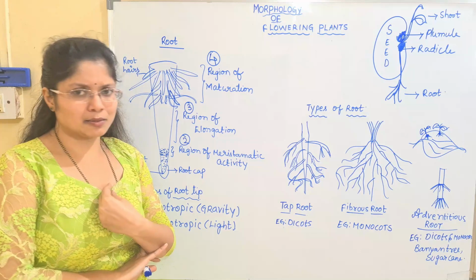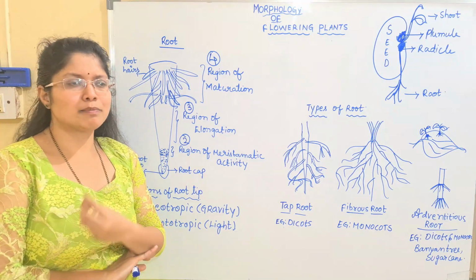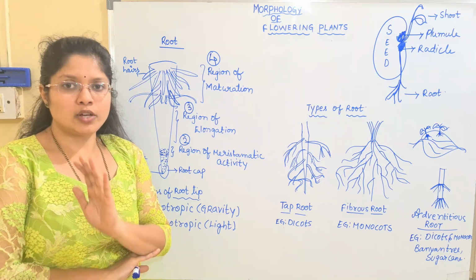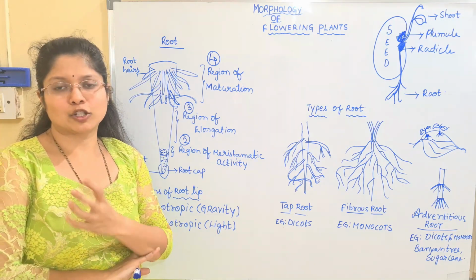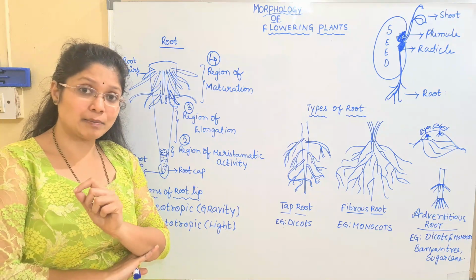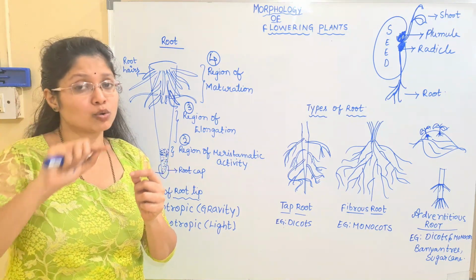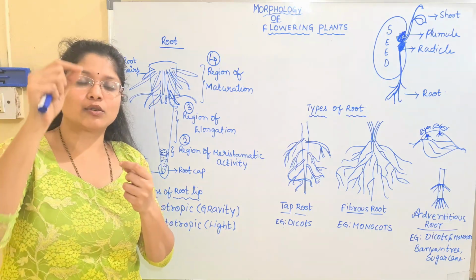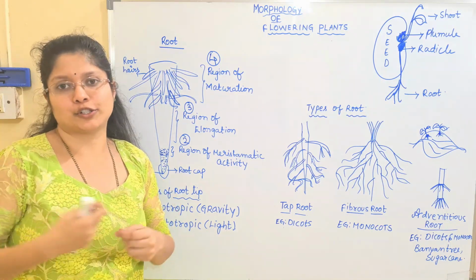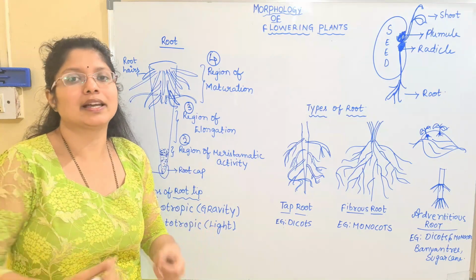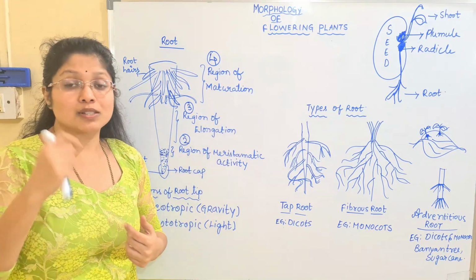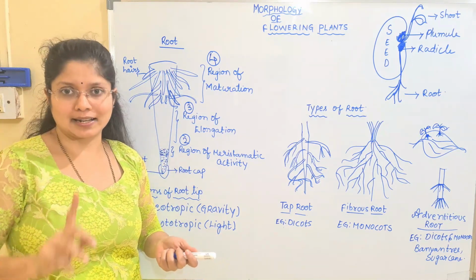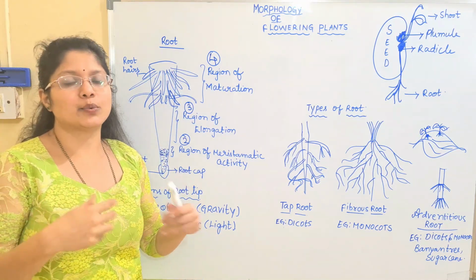So if you see certain plants, even in the case of the simple example I will give you, money plant. Have you ever observed money plant, children? We all know the plants will have the roots underground. But in the money plant, you can see some climbing roots which are attached to the plant body. And these climbing roots, if you cut this portion and place it in soil, it will give rise to a new plant. So such types of roots which are arising anywhere except from the radical are said to be adventitious root.